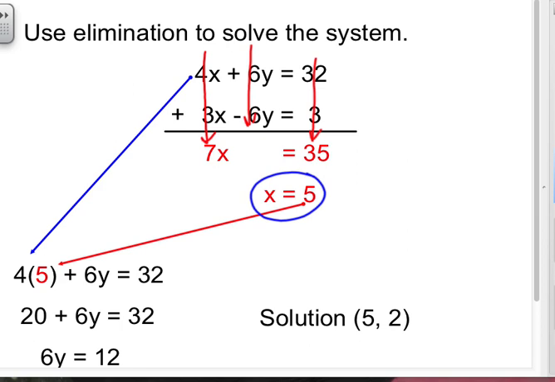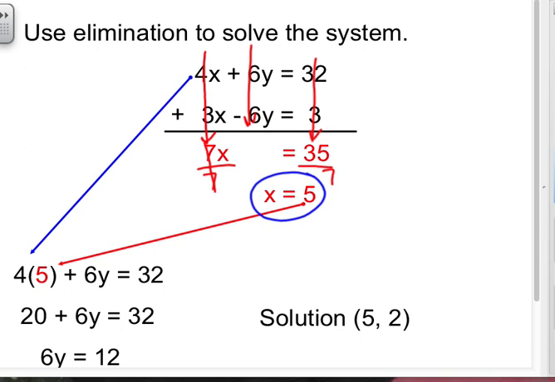So now I've taken my system of equations, and due to the elimination of the y terms, all I have left to solve is the part down here in red, where it says 7x equals 35. Divide by 7, divide by 7, and that's where we get our answer of x equals 5. Awesome. So if x equals 5,